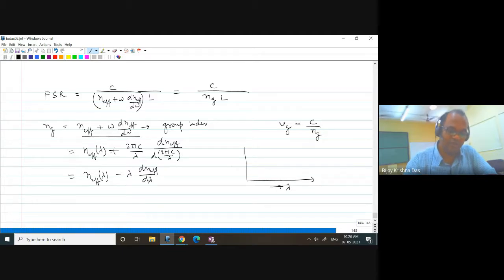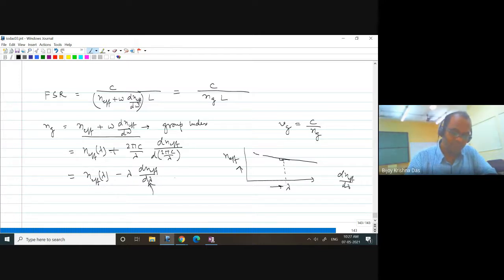Now if you have your waveguide mode, put lambda dependence, and if it is a single mode, and you calculate n effective for any given waveguide using numerical methods or whatever, then you may get something like this: n effective versus lambda. At any point you are operating, you take the slope of d n effective by d lambda at this particular point, insert it here, and then you can get the group index.